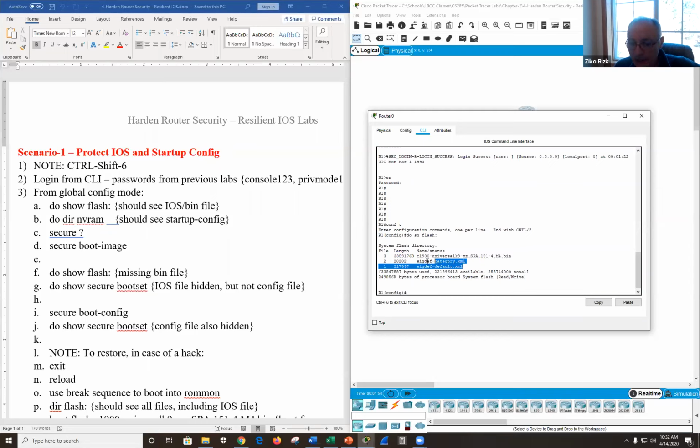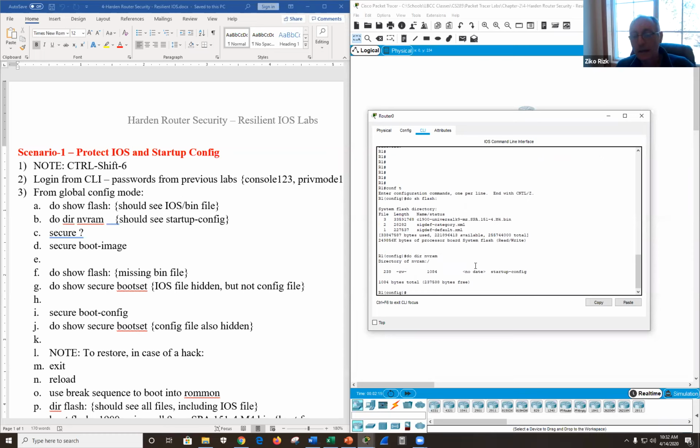And if you're curious, signature definition, these are malware, specifically intrusion prevention, intrusion detection, which we'll cover later on in this course. But we won't be talking about them today. And then if I was to do dir nvram, and I'm sure you remember NVRAM is non-volatile RAM, which in my opinion is an oxymoron because RAM is volatile.